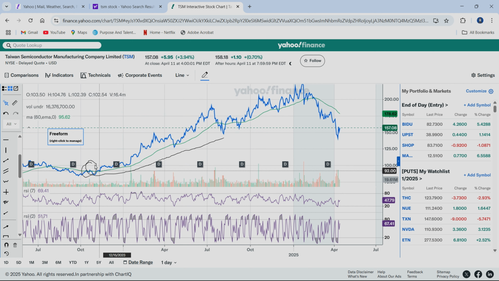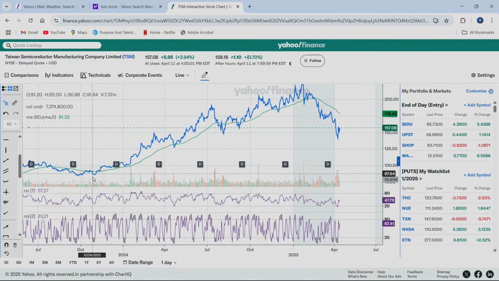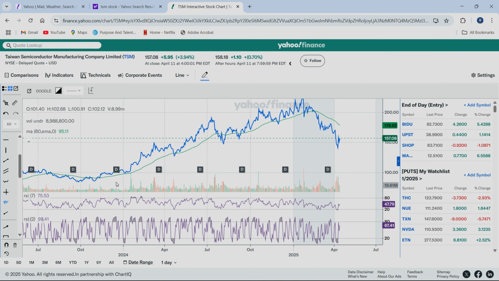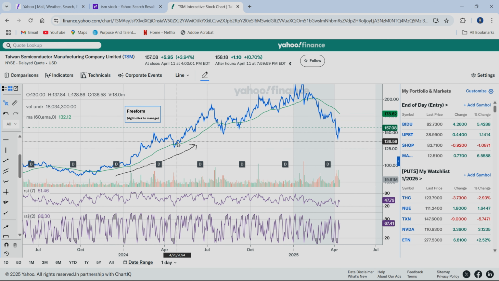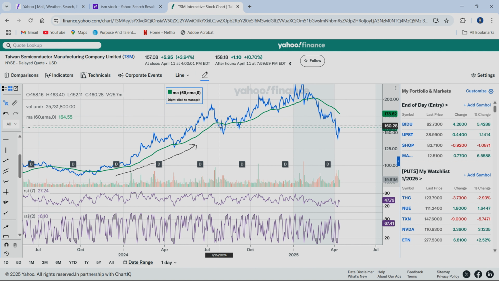You see that angle going upward? So if you see your moving day average going in this direction, then you can enter at the point of the moving day average. So you can enter in here or here. If it's up here, then you might want to wait. But if it's at the point of here, enter in